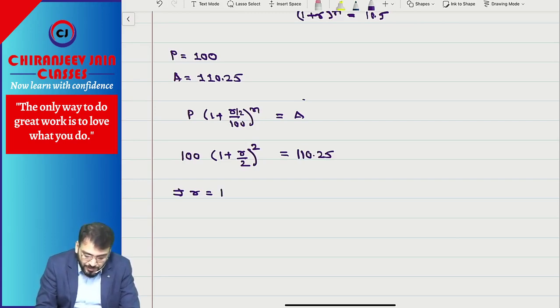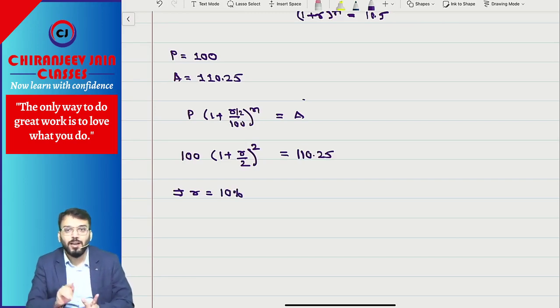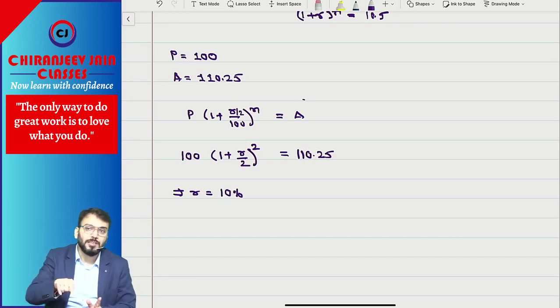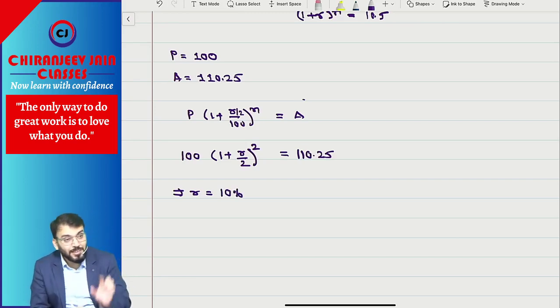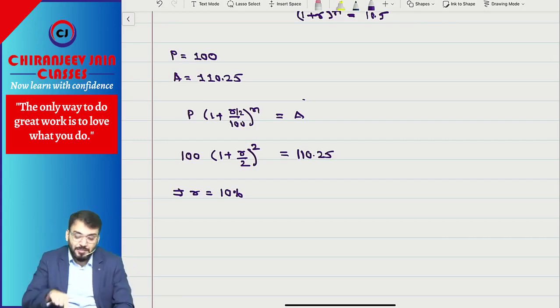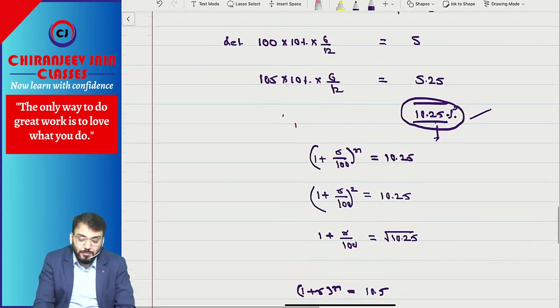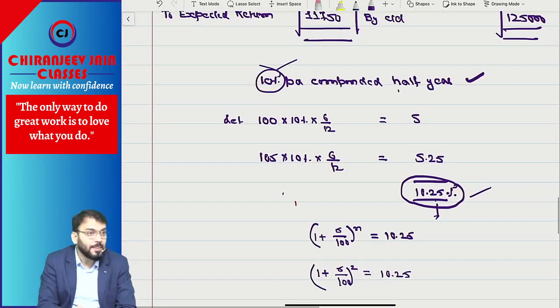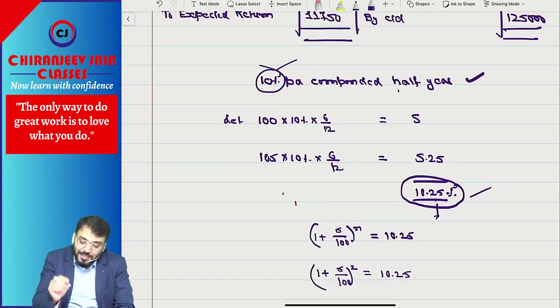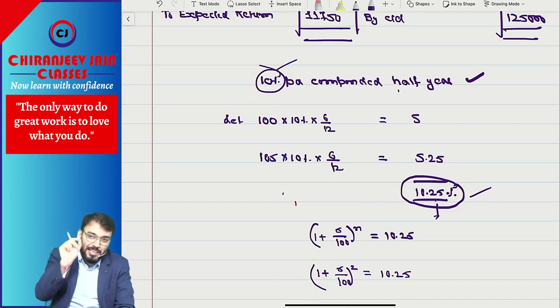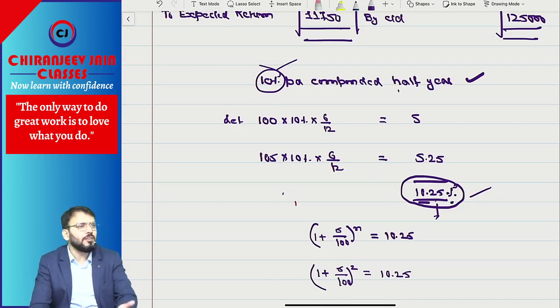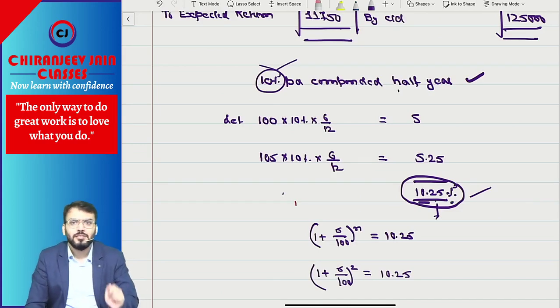Means 10%, na? In percentage it is coming 10%. 0.10, so in percentage form it becomes 10%. We want 10%. In the question what was given? 10.25%. But we need to convert it into what? 10%, na? 99.99% they will give 10.25%. There is no need to calculate. Memorize 10%. I am saying